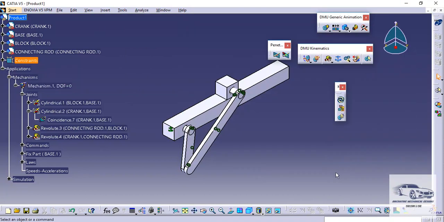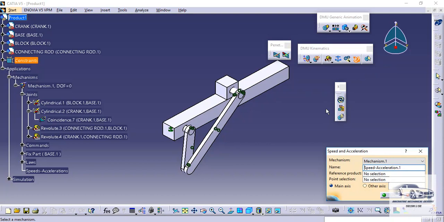Now the next step will be I will go to speed and acceleration option, and in speed and acceleration option, suppose first we want to plot the motion of this particular part on this particular surface of the base part. So for reference product we will select the base.